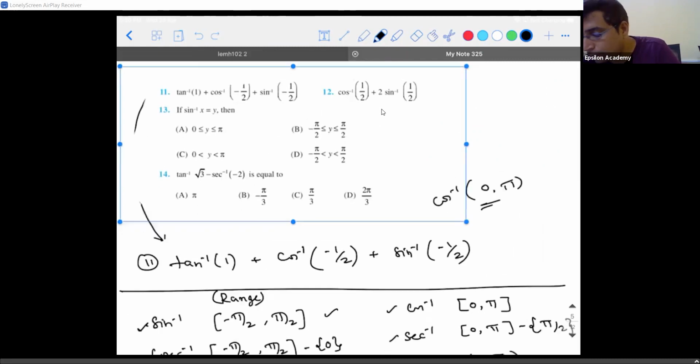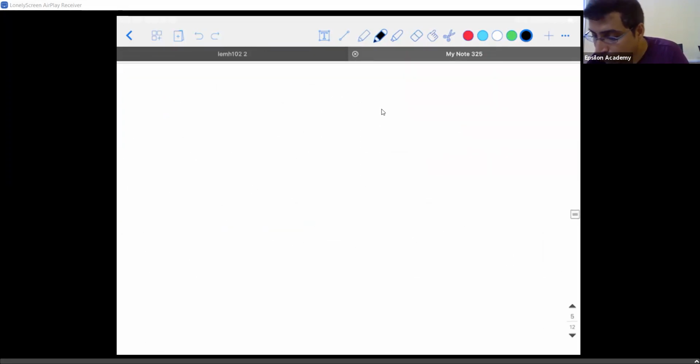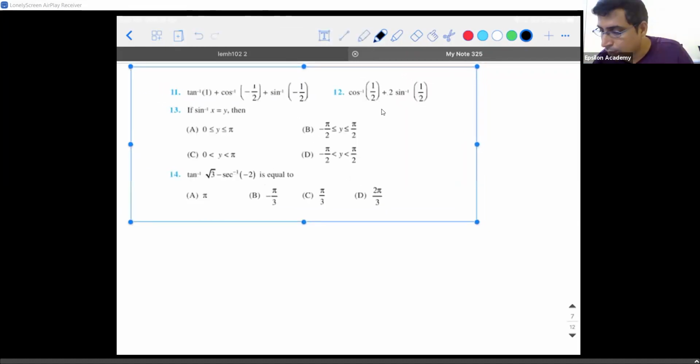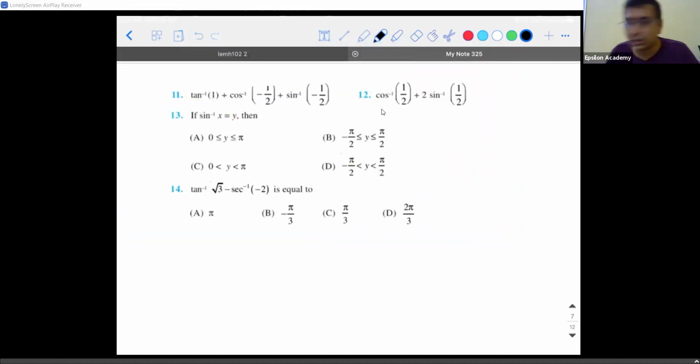Now, can you guys solve it a little fast? This is all about this chapter, nothing else. And simple identities are what are there that I will teach you, not a big deal. So shall we do the 11th one?